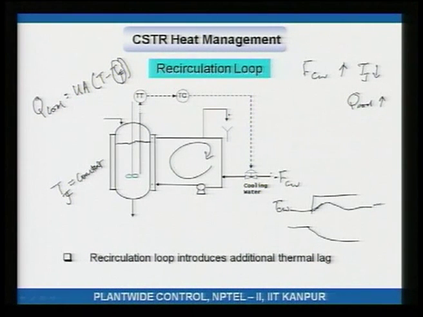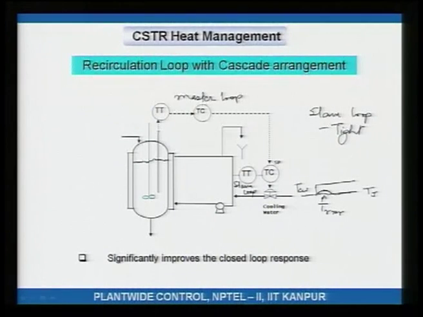So, in this case you will see that the T reactor actually shows a large excursion in temperature, a large excursion from the set point, whereas in this case you see a change in the cooling water temperature is a disturbance that is local to the slave loop. The slave loop removes it, and you will see essentially little or no impact on the reactor temperature, right. So, this configuration is what is most commonly applied in industry.